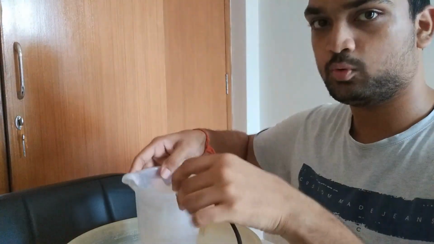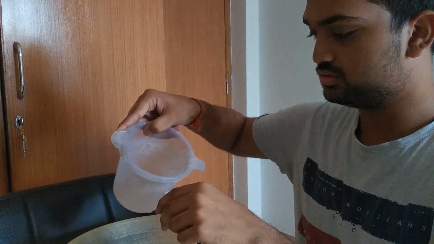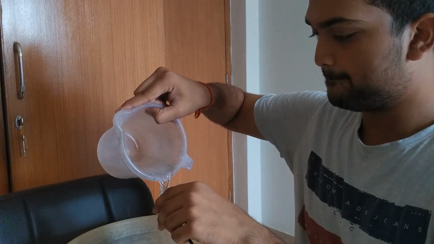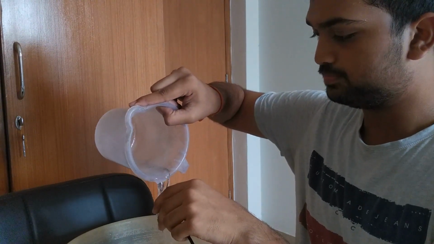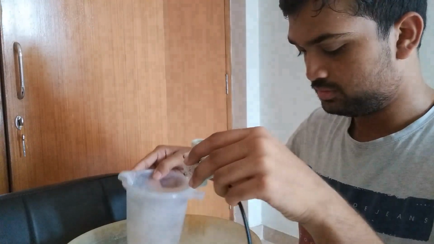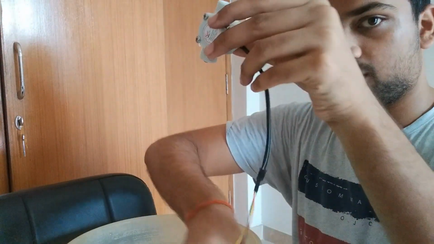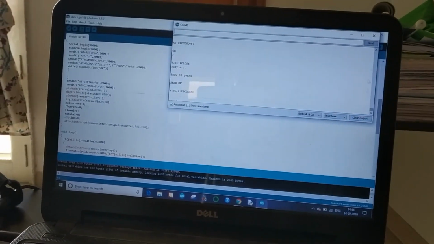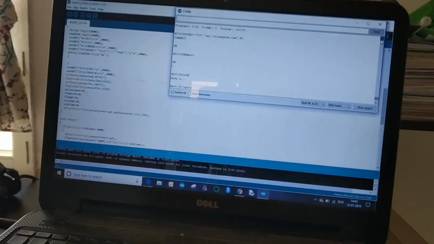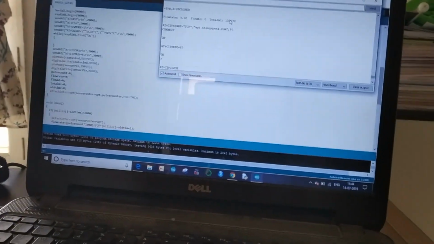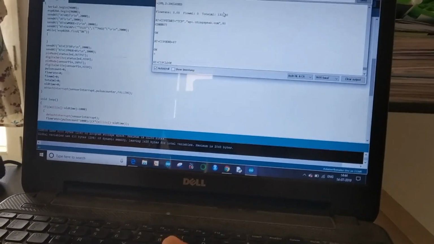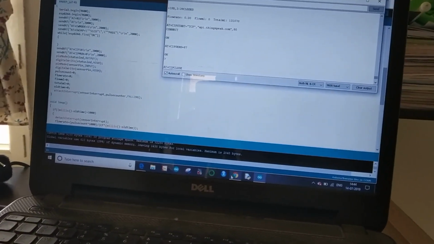Now what I'm doing is that I'm taking some water and I'm pouring it into the Hall effect sensor. So now I put it. Okay. Now let's see how the readings have changed over the past. Yep. Now you can see that the total ml has changed to this value,